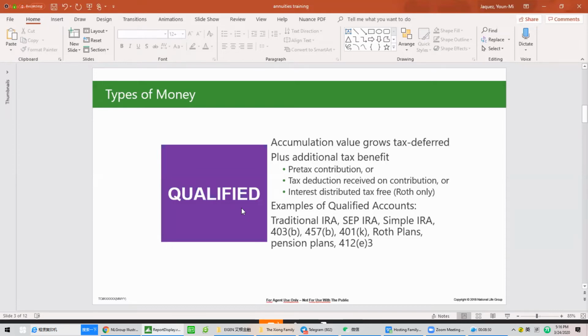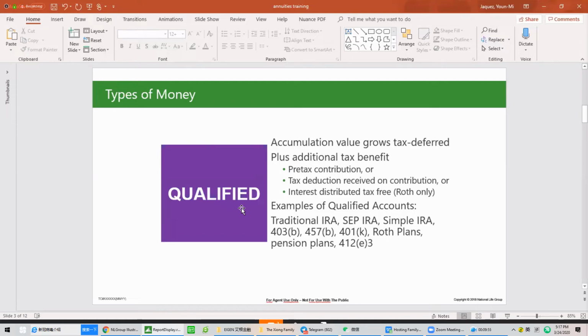So always remember one thing. For those agents who are familiar with life insurance, that is going to be non-qualified, meaning after-tax money, right? Whereas qualified is going to be a pre-tax contribution. So when the client says, I want to do a rollover, that's because an old 401k is pre-tax money that has been building up. If they roll that over to us, they will be rolling it over to a traditional IRA, and it will still stay as a qualified plan. So it's going from qualified to qualified, which means the growth is tax deferred. In a qualified plan, you do not pay any taxes until you start taking out withdrawals,